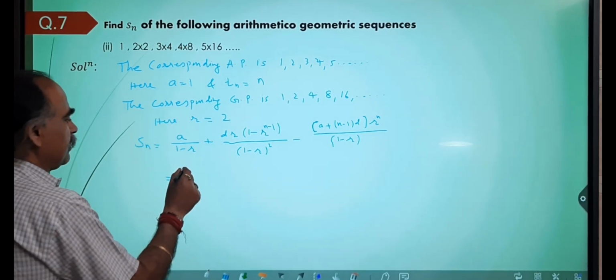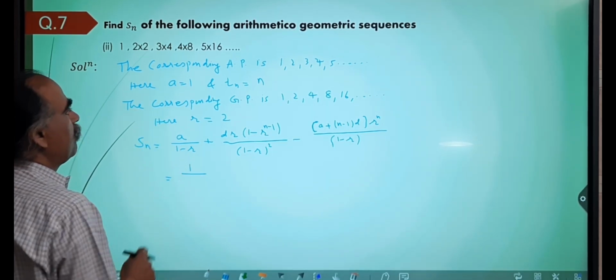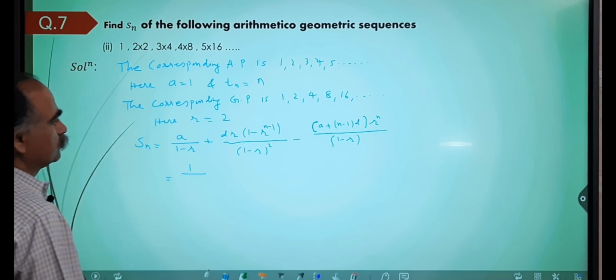First term of AP, that is 1, upon 1 minus common ratio, which is 2. So 1 minus 2